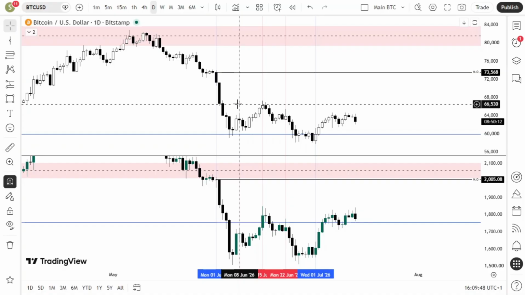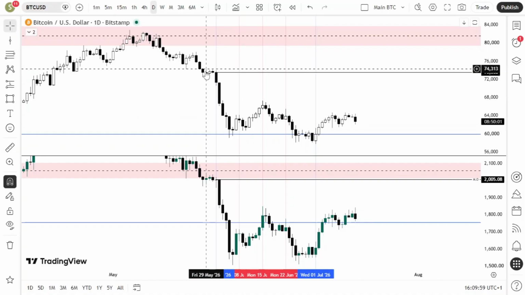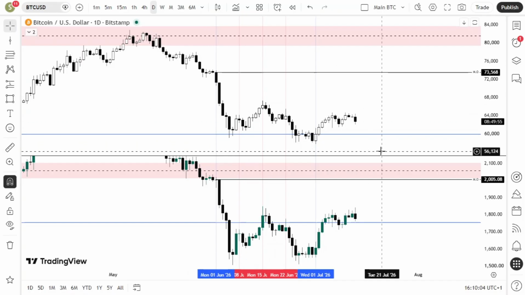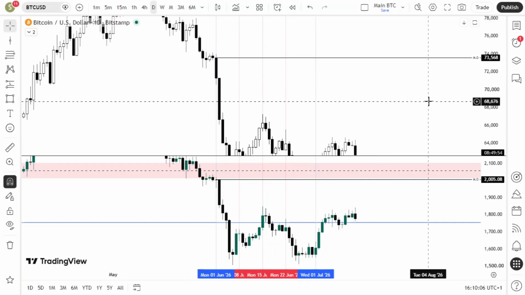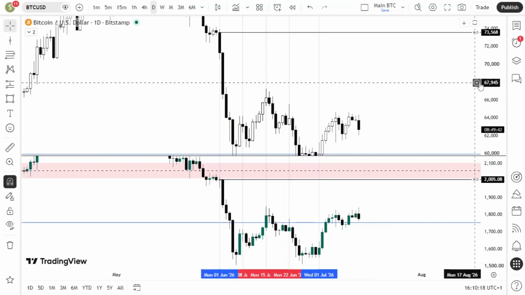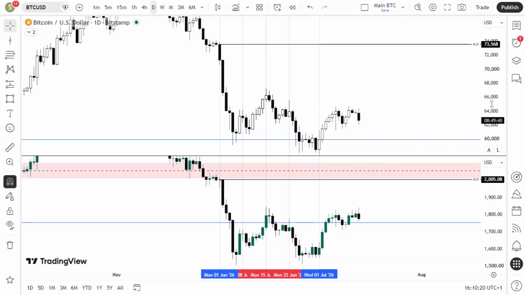60% of the time, the new month candle moves using a daily order block. Therefore, do not play with your daily order blocks, especially the ones at the start of the month. So this part is very important, because this is going to be the first thing I touch on as I start analyzing using the daily now. I'm going to be focusing on the daily order blocks, but specifically the daily order blocks at the start of the months. So let's take a look at the daily time frame